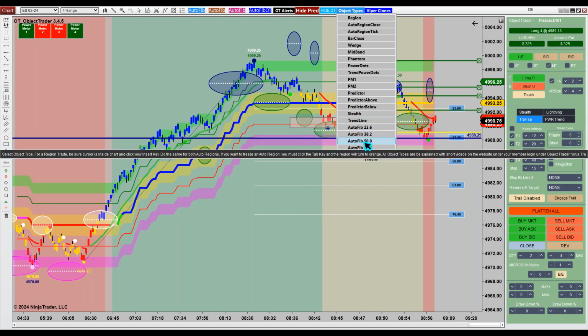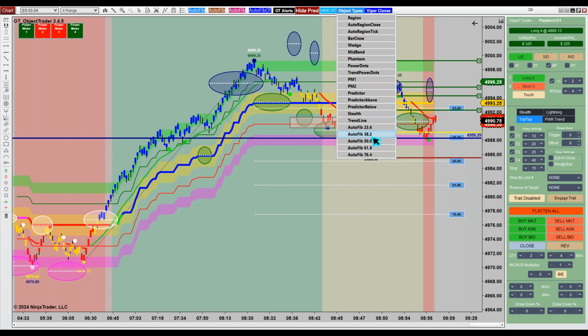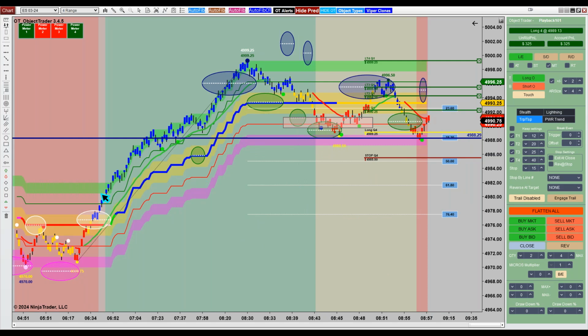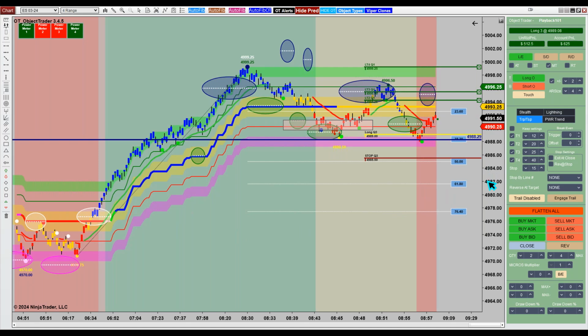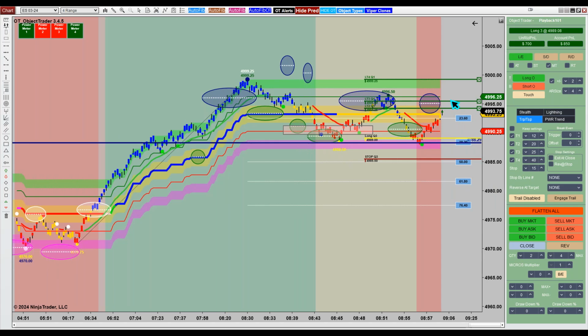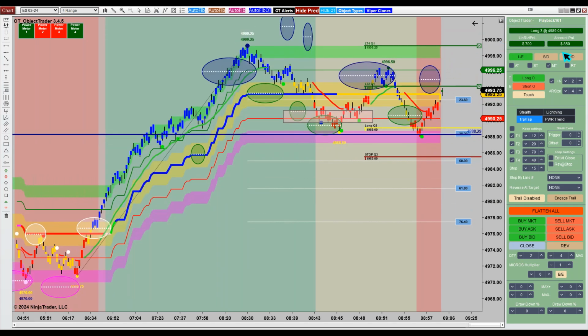You'll find fibs of 50s and 61s will work on smaller moves, and your 38s will work on your larger moves, and your really smaller moves will be about 76.4 and 61.8. That's more your small burst pullback, and we use those fibs for that. But that's the way this little Fibonacci trader will work. It's truly a new marvel that we've added to Object Trader. It gives you what's called an auto Fibonacci that's continually monitoring that Fibonacci so that you can get that trade, get nicely green, and turn off the machine,